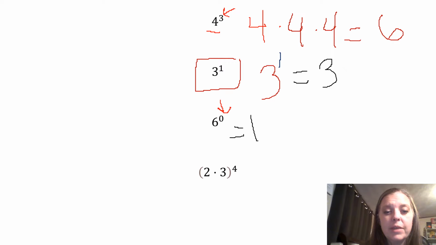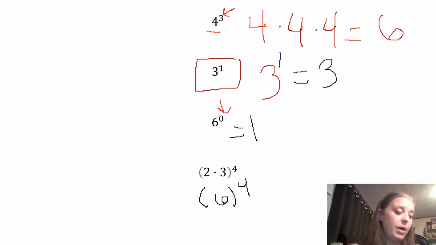Now, if we have something like this last one, remember, we always start with our parentheses. So if you have an exponent on the outside, always solve inside first. So 2 times 3 is 6. 6 to the 4th power. And see, this is what I'm saying. I don't want to work that out because 6 times 6 is 36. Times 6 is now 216, times 6, and I have